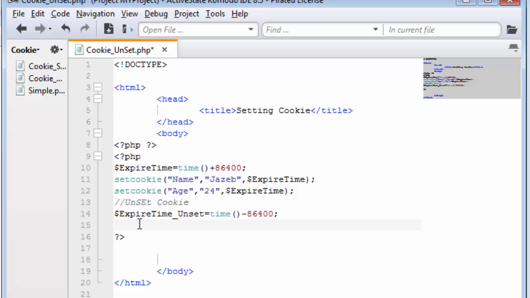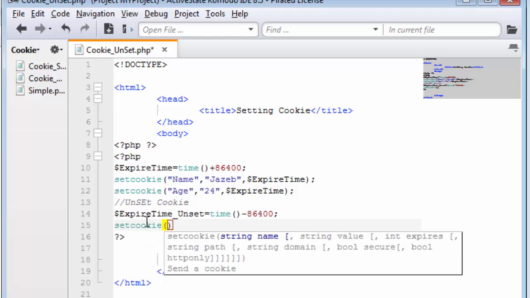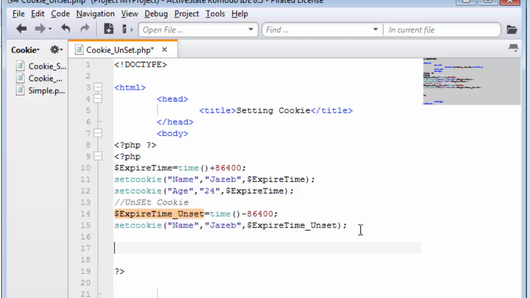So first of all, I have to set my cookie, and inside my cookie, same thing, I have to give it name, its content, same with Jazib, and in the expire time I have to give it this negative time variable that I just created. So this statement on line 15 is going to unset my cookie,